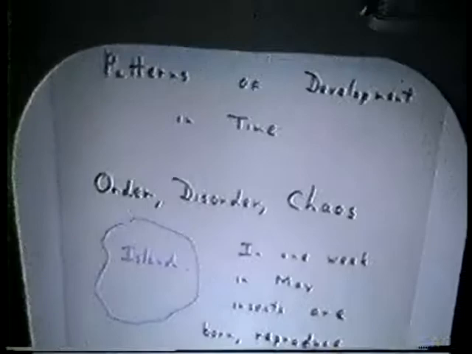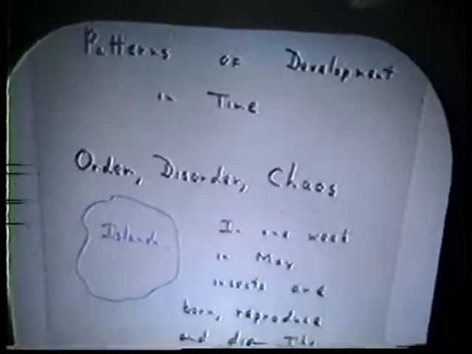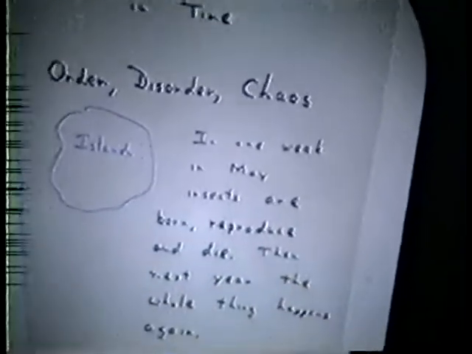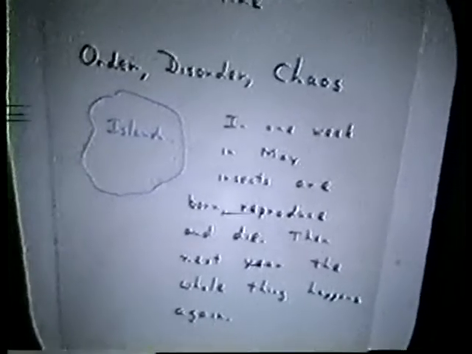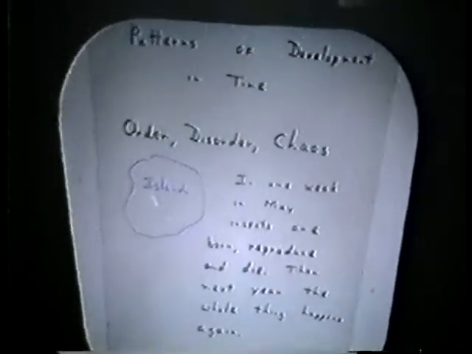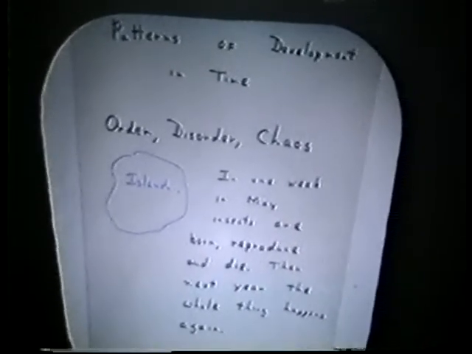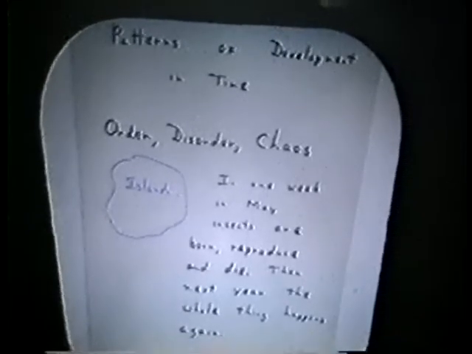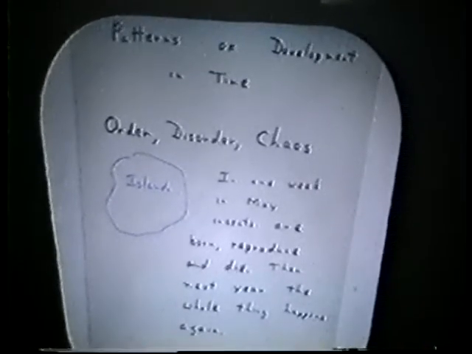Now, what I would really like to be able to do is take one of those hydrodynamic examples, maybe the jet of water coming up, and explain to you how complexity arose, what that thing is all about. I would just love to do that, but we do not fully have the knowledge to do that. So instead, I'm going to choose a much simpler example drawn from population biology. I'm going to describe a simple mathematical model. And by the time we're done, I hope that all of you will agree that that simple mathematical model shows chaos, shows complexity and unpredictability, and that we can understand something from it.